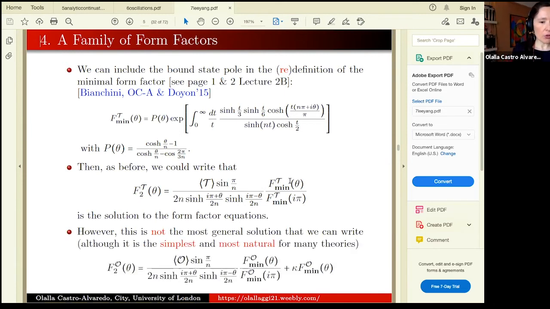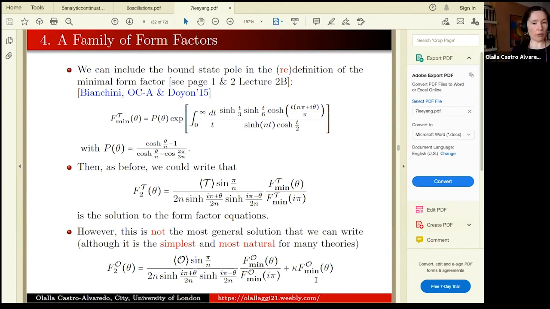And in fact, the most general solution that you can write is something like this at the bottom. So it looks very similar, but actually you can always add a term that's proportional to the minimal form factor, simply because the minimal form factor by construction satisfies all the equations. Okay. Now, the reason why we normally don't add that term is because if that term is there, in particular,